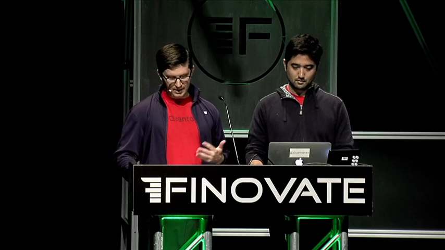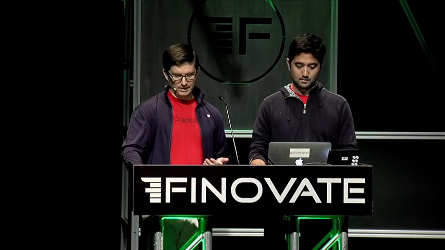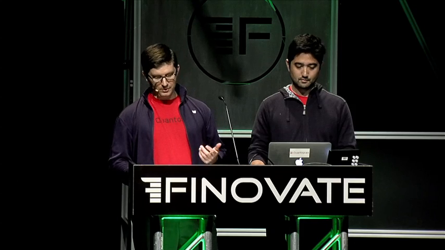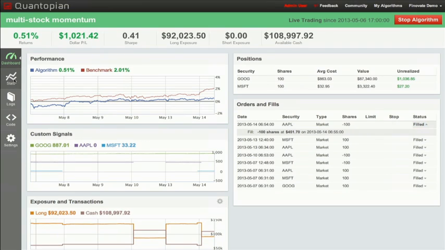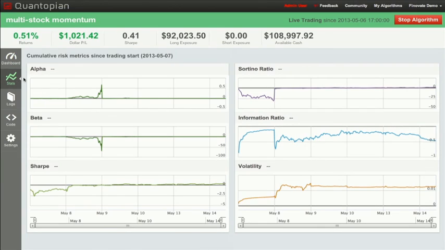Now, since our algo hasn't been alive for very long, it hasn't placed any trades yet, and Jean's pulled up another one that's been running for about a week. As you can see, it made several trades already, and we're doing pretty well. This gorgeous display tracks your algo minute by minute, showing performance, risk levels, and custom charts of your own choosing continuously. And of course, you can always check in on your Quantopian algos from your phone.